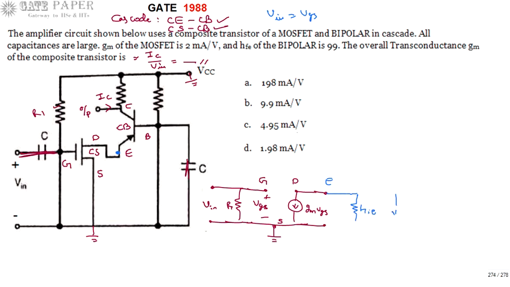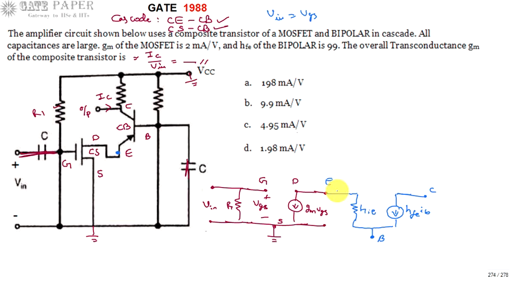And next there is a current source flowing from collector to base, and that is nothing but HFE times IB, and this is the collector always, and this is the base. This is the approximate model of